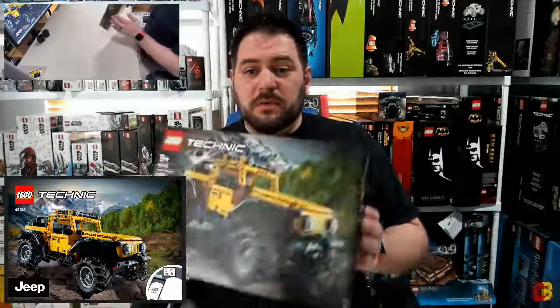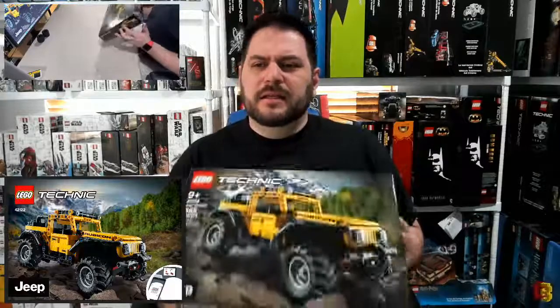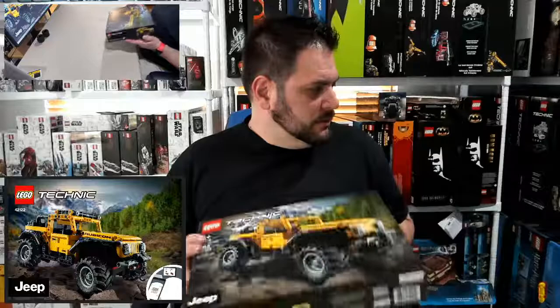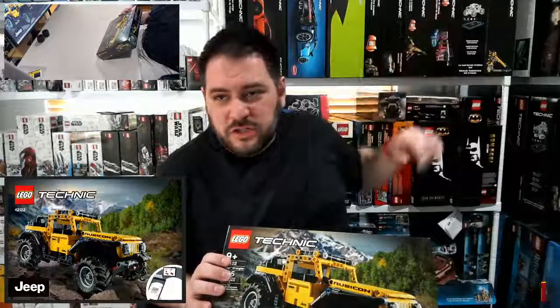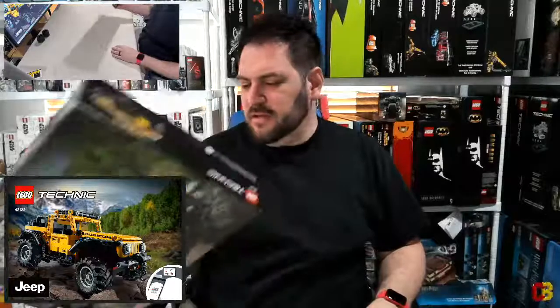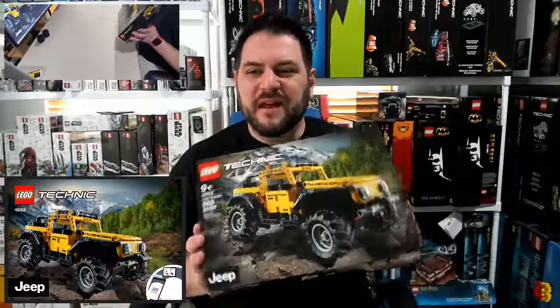Today, we are going to be working on the Jeep Wrangler. And I can't remember what the last Technic set we did on here was, which means it's been a while. I didn't do that on here. I think it might have been the Fast and Furious Charger, which is just out of frame. Anyway, it's been a while, so it seemed like it was time to do another Technic set. This is a smaller one. This one's 665 pieces, so it'll be a quick build today,